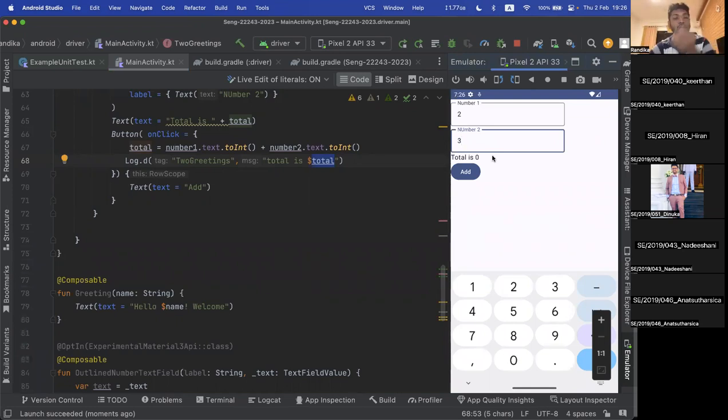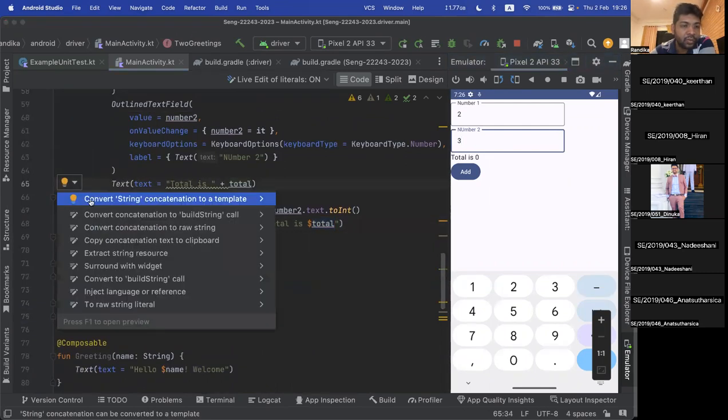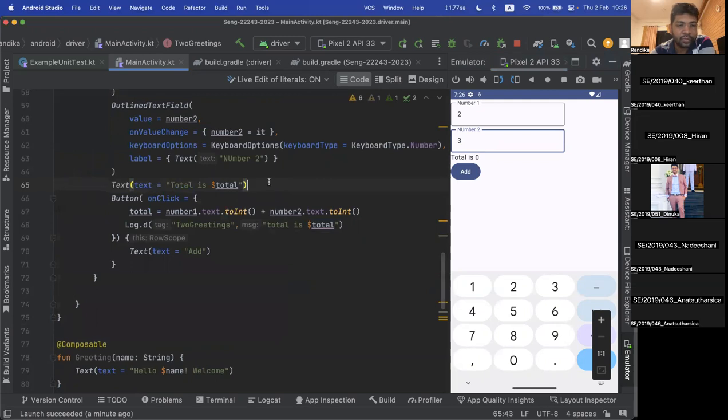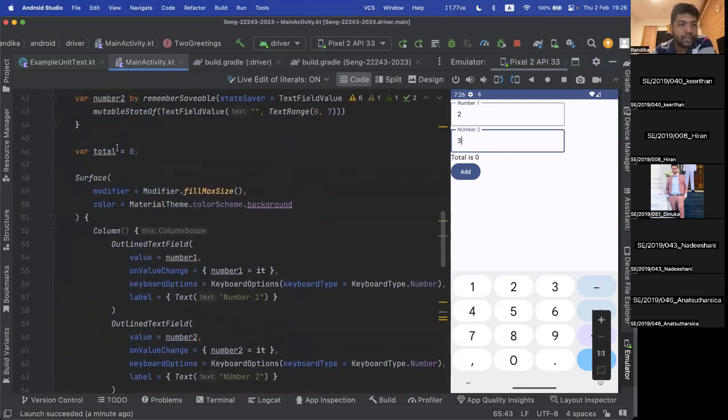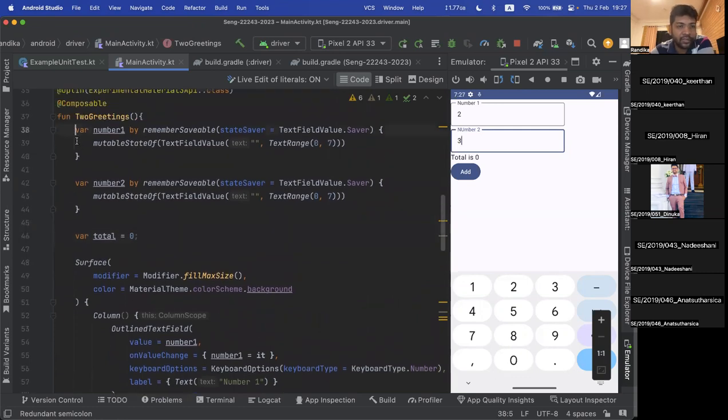What's the problem? The text in here is also showing in here, but even though we have the total in here, it is not showing. So why is this? What is the error that we are seeing in here? And this will resolve why this thing also worked. So the thing is,